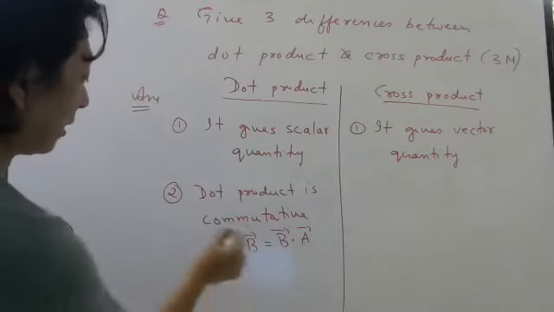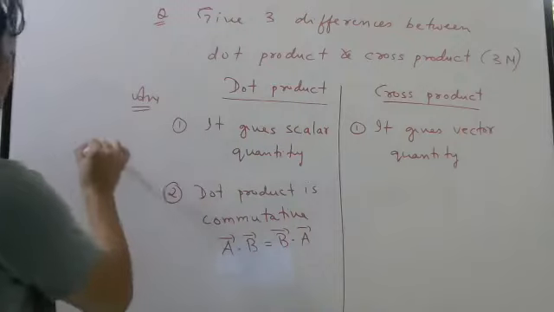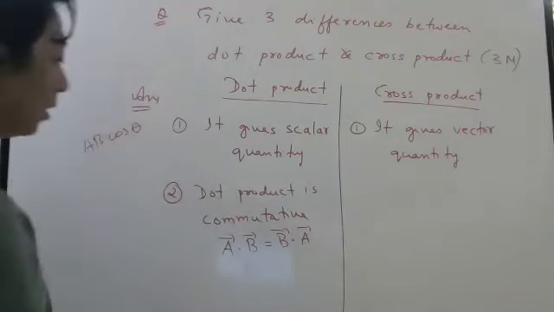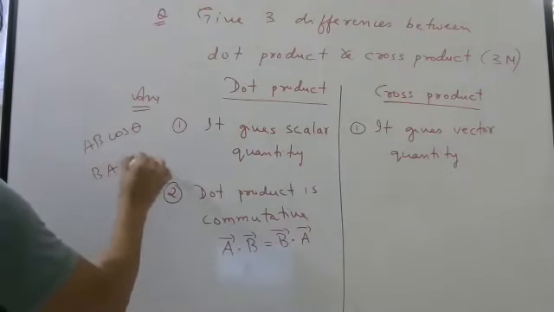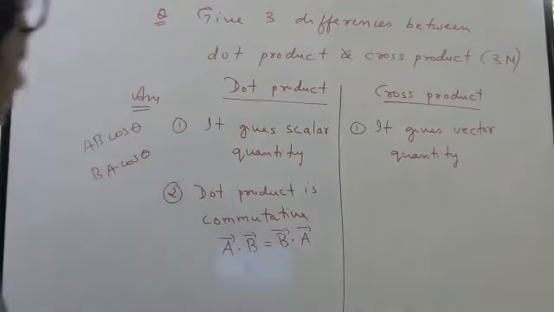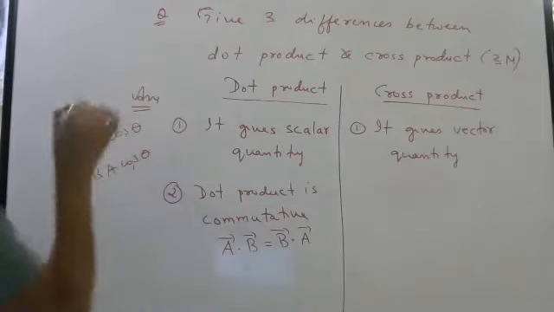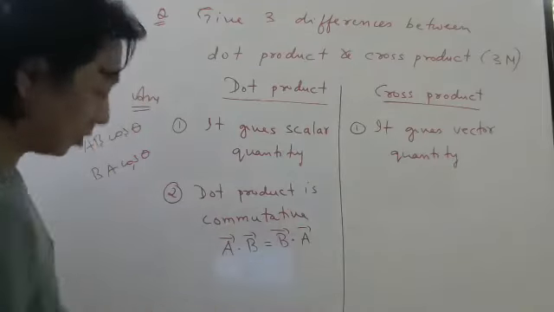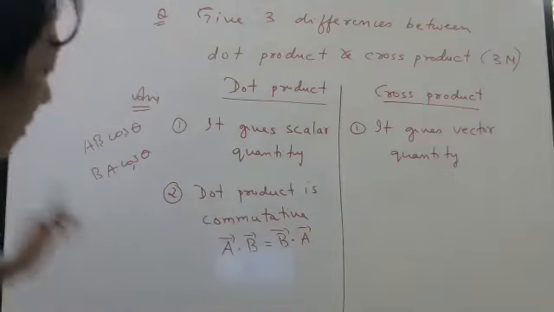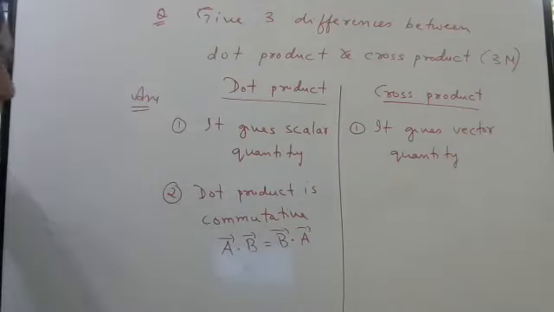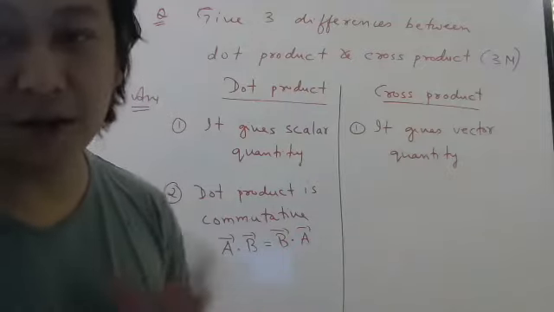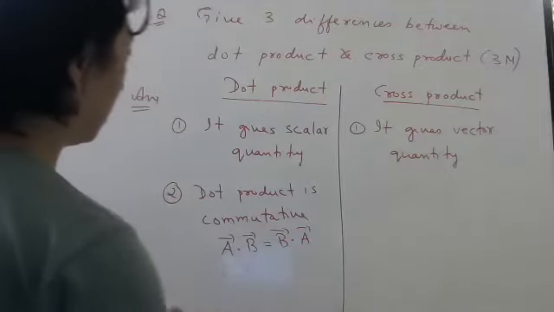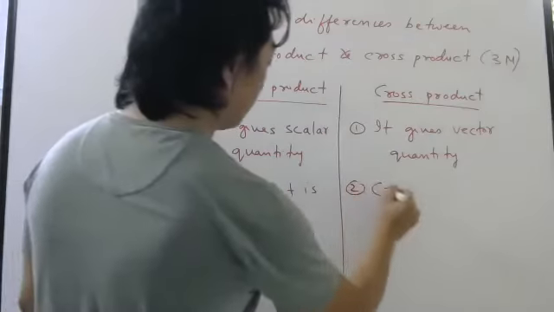Why? What is A bar dot B bar? AB cos theta. What is B bar dot A bar? BA cos theta. All these are numbers. So 2 into 3 into half, 3 into 2 into half. Same answer will come, right? So dot product is commutative. Whether you write AB cos theta or BA cos theta, same answer you will get. So it is commutative. Cross product